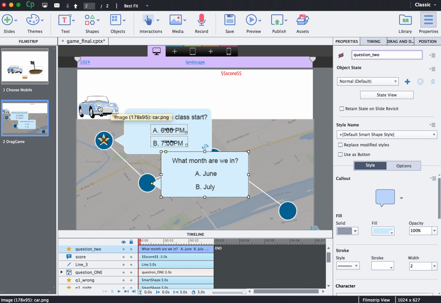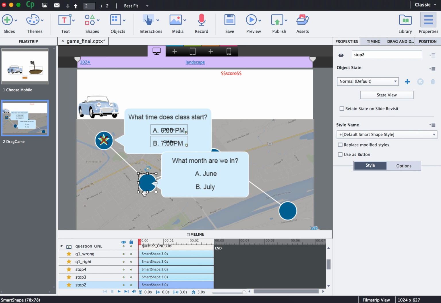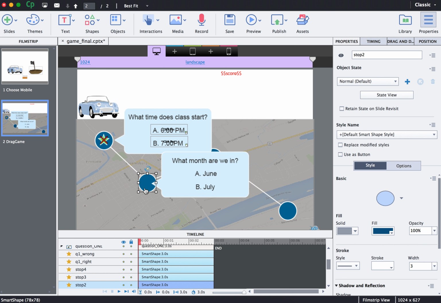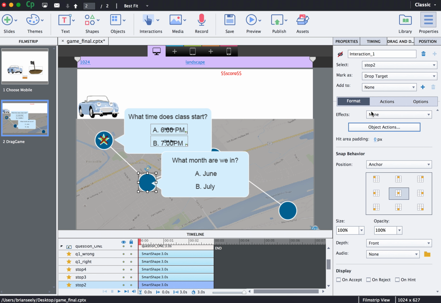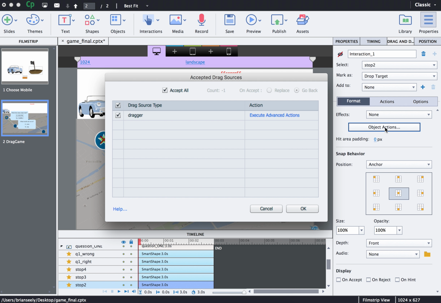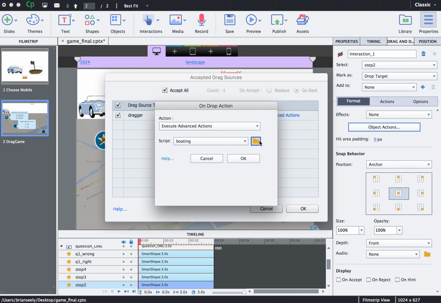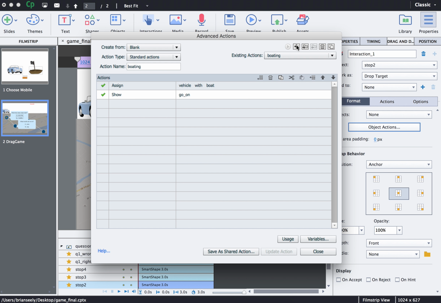What I want to happen, just like we did before, is I want that question to show when they get on stop 2. So I select stop 2, go to my drag and drop. I resist the urge to click on this action here, and instead I go on the object actions, right? What action would I want to occur when the target hits this object? I'm going to say execute advanced action. It's going to be a new one. And I'm going to call it, just like I did before, show underscore Q2. And as you can imagine, I'm going to say show